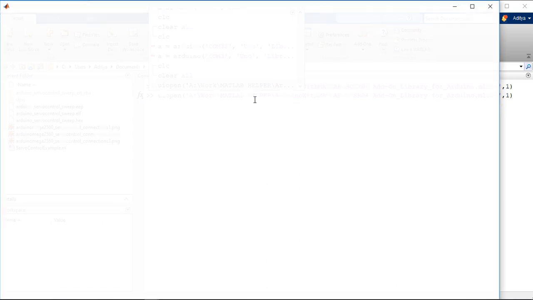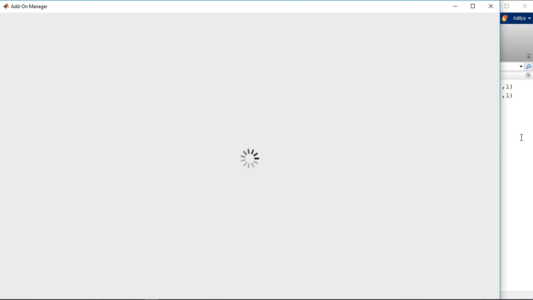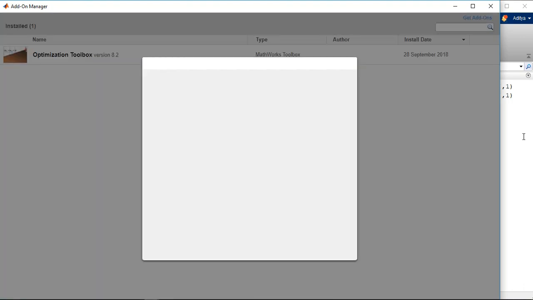Something is opening, that's why the lab is a bit slow. This is the add-on manager from where you can install the hardware. You can navigate to the add-on manager like I showed you for installation of Arduino packages.